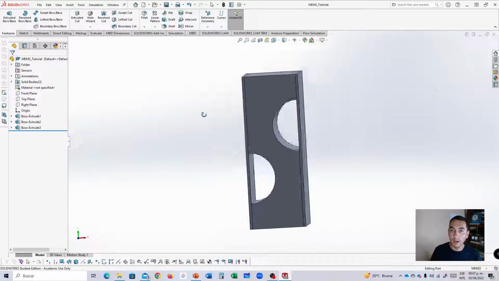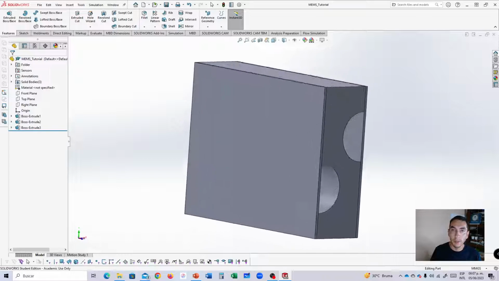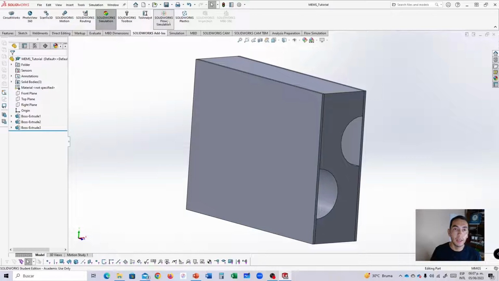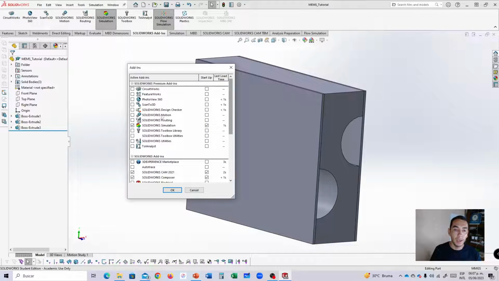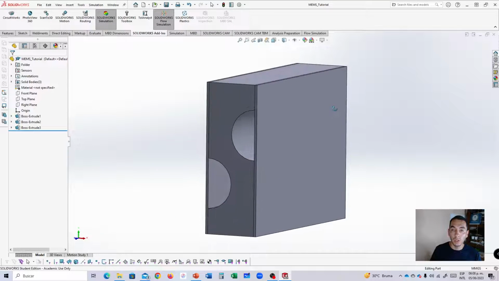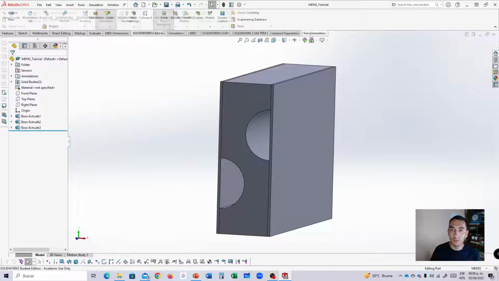we're going to specify the flow simulation model. And to activate the flow simulation, remember that you have to go to SOLIDWORKS add-ins and look for SOLIDWORKS Flow Simulation. Another way in which you can activate this is going to the top bar, and in this little arrow you will select add-ins and look for the SOLIDWORKS Flow Simulation add-in. So here it is, and you're going to activate both checkboxes. And OK. So you will have a new tab here that is called Flow Simulation,